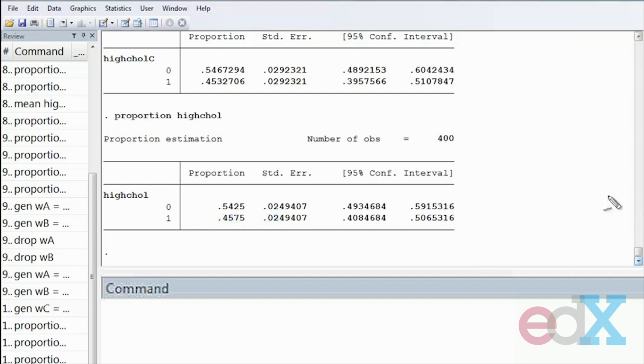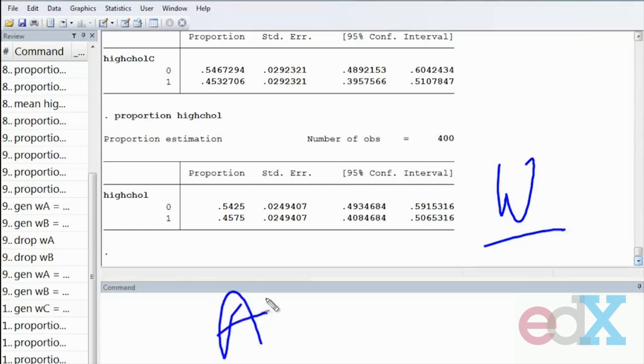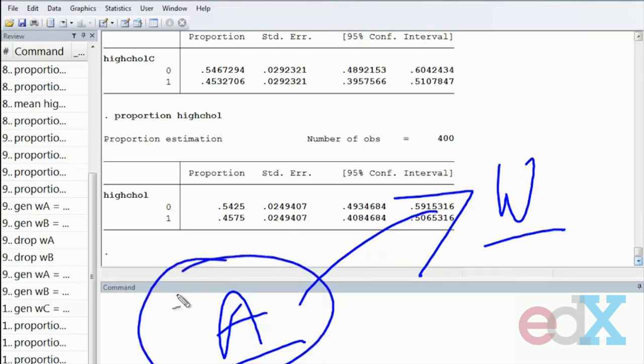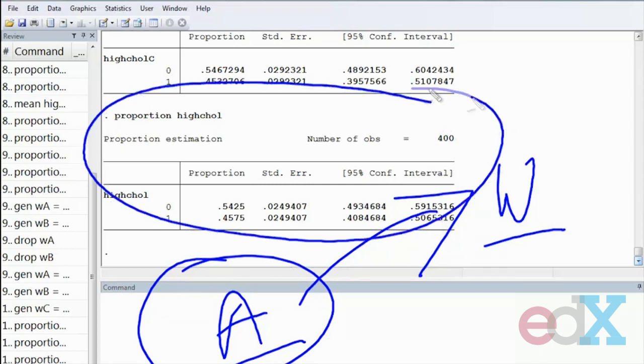As long as you define your weights correctly, you can recover an unbiased estimate of the prevalence of high cholesterol in your sample. We've essentially taken a very non-random sample A with a lot of missingness and a lot of informative missingness, and by defining weights correctly, we've made our sample essentially look like a simple random sample, like we have here in the sample of 400. So this is the whole idea of survey weighting, is to weight your sample such that it's representative of the entire population. Now, many methods have been developed to address survey non-response, such as multiple imputation or weighting for non-response,